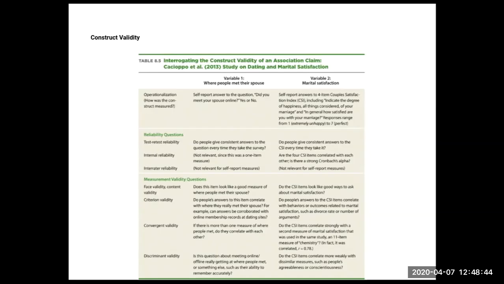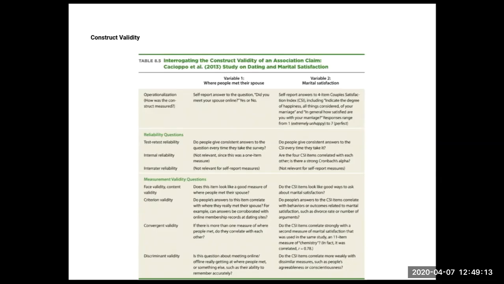And inter-rater reliability wouldn't be relevant for this because it's a self-report. Remember that inter-rater reliability is usually observable behavior, whether it's being coded through a videotape or people just watching through a 2-way mirror or, on the other side of the park, something like that. So inter-rater wouldn't have any bearing, it's null and void in a self-report survey. What about validity?